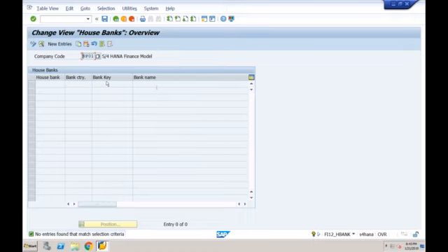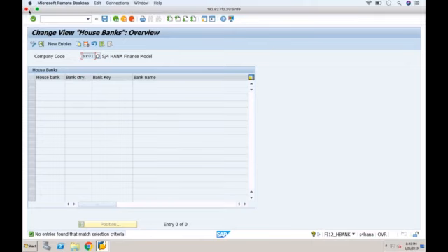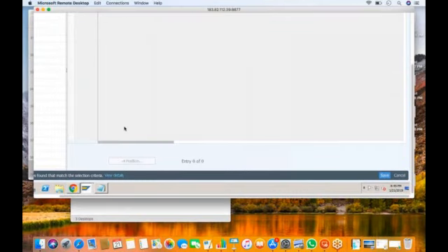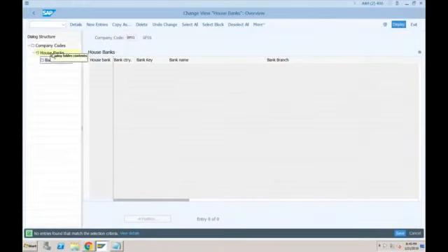It was only possible through SAP Fiori. There is a new app in SAP Fiori called Manage Bank Accounts. Only using that Fiori app was SAP allowing us to create the bank accounts. But I think the customers were not happy with that, because they were saying half of the thing is done in the traditional system and half in SAP Fiori. That is the reason I think in 1809, the version that we are using, they came back with the old functionality again. So company code, house banks, and here itself you are able to create the bank accounts.